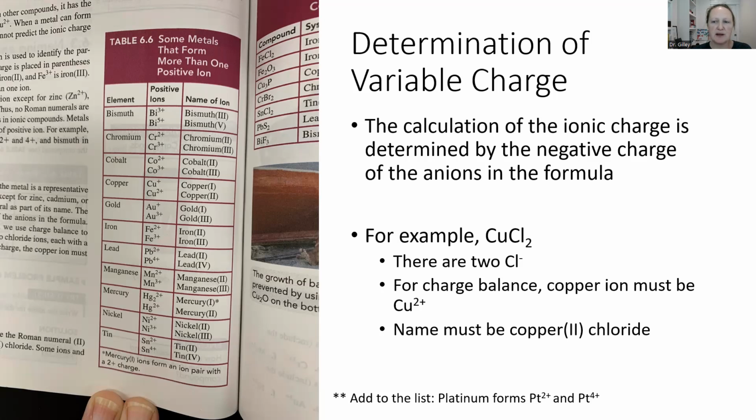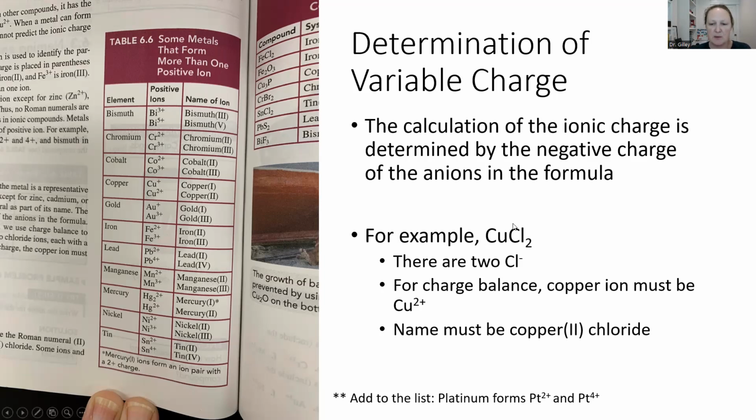Okay, so how do we know, if we're given the formula of an ionic compound, what the charge is going to be on the metal if the metal can form more than one charge? Well, the charge is determined by the negative charge of the ions in the formula. So for example, if you see